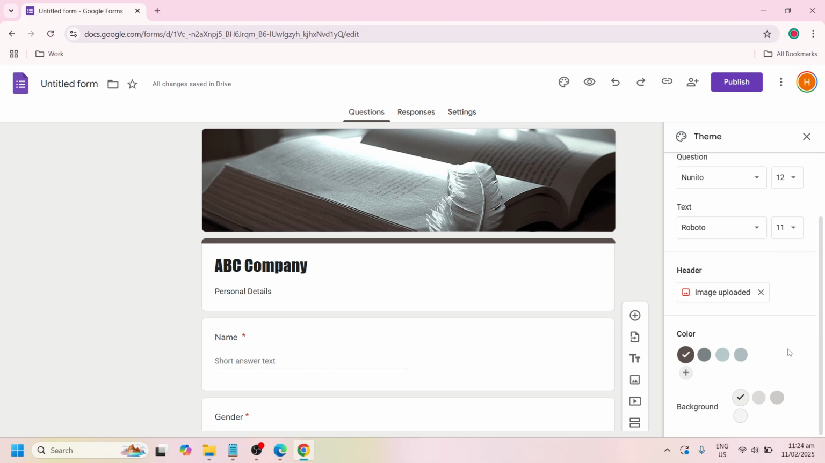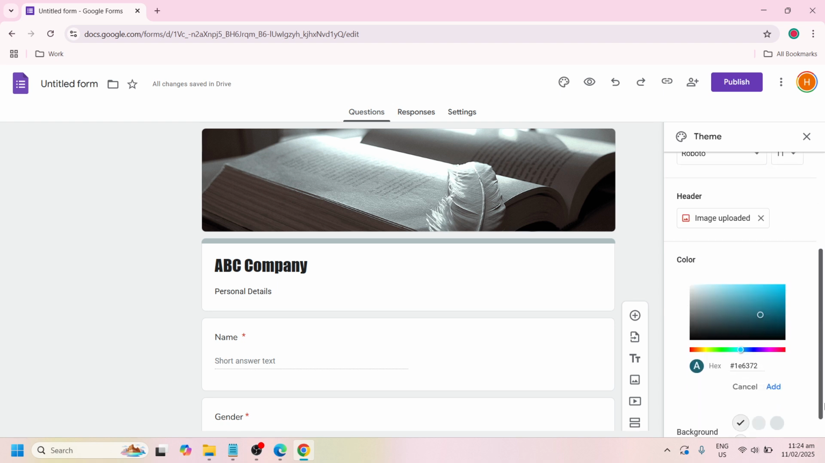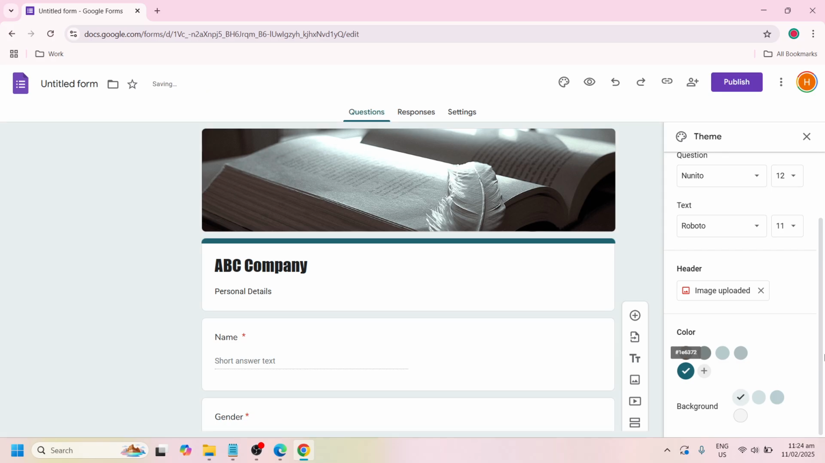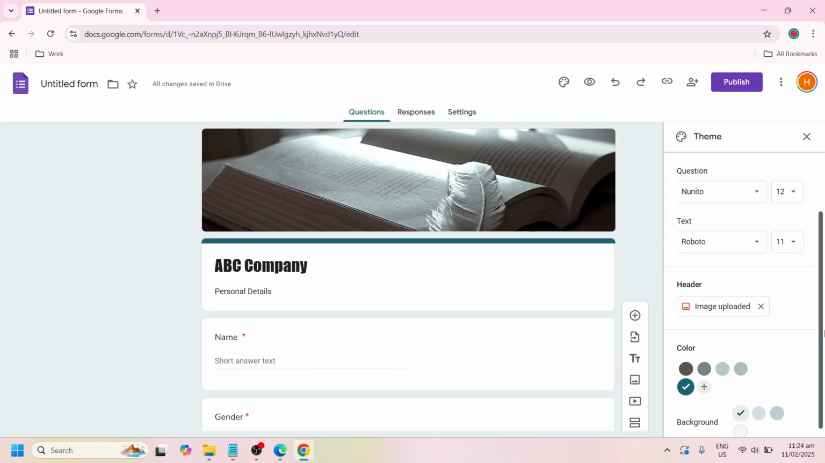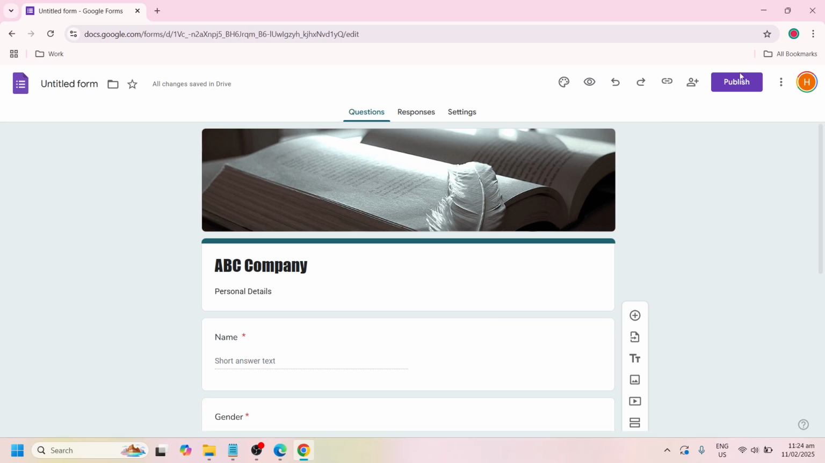Okay, you can also choose the color that you want. It has these preferred colors, and you can also choose another color. I mean, you can customize a color that you like and click on add. Okay, once you're done with this theme, you just have to close this and click on